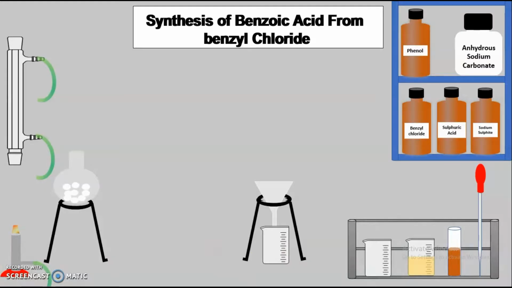For recrystallization purpose, we are going to use hot water or boiling water as a solvent. So you can see that we have taken these crystals that are obtained of the benzoic acid in water, a required quantity of the water. Then we are going to carry out the heating of that particular solution. Now we will place this burner.